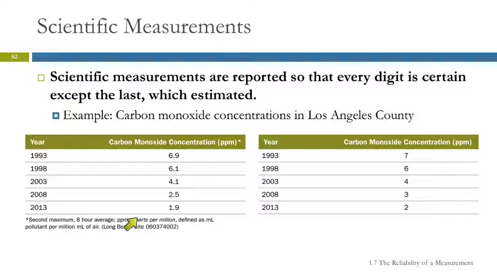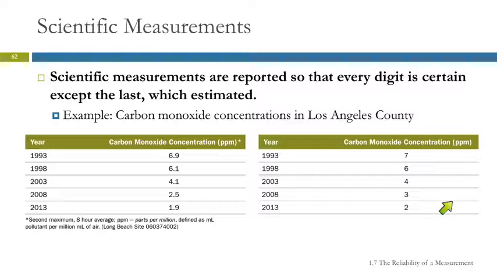So we're going to look at these two different tables, both of them listing carbon monoxide concentrations in the air in Los Angeles County. So different years, 93, et cetera, up to 2013. Here, parts per million, here's parts per million. So 6.9, 6.1, 4.1, 2.5, 1.9. Then over here,